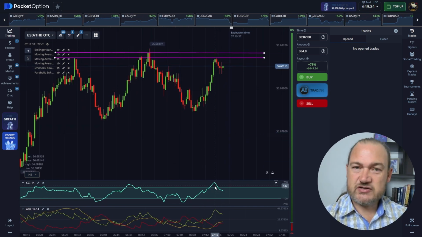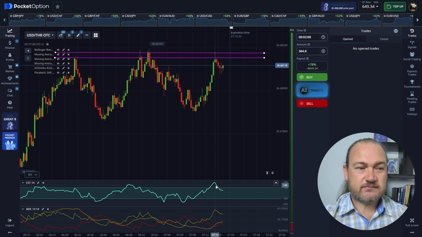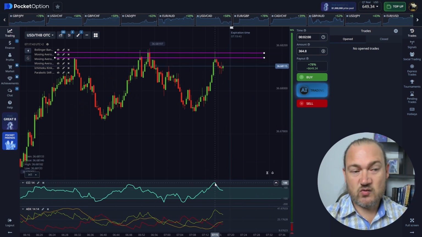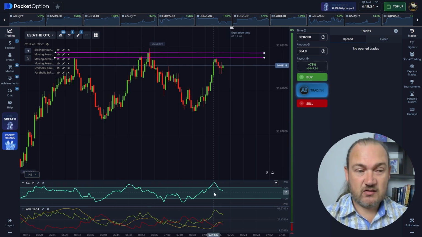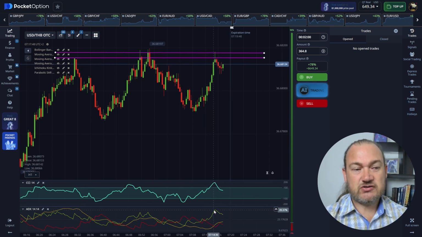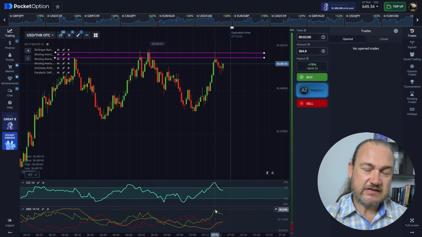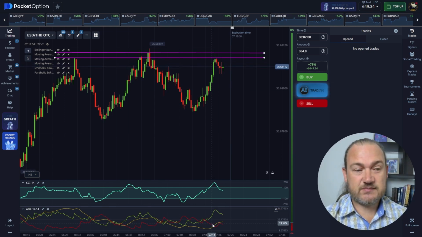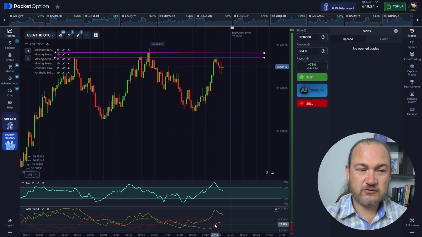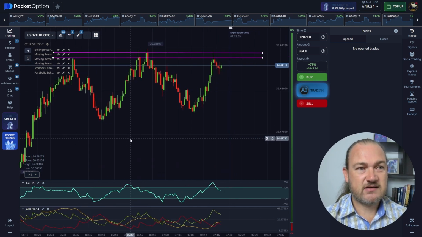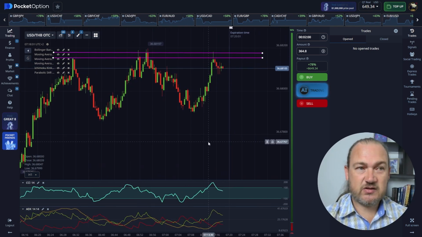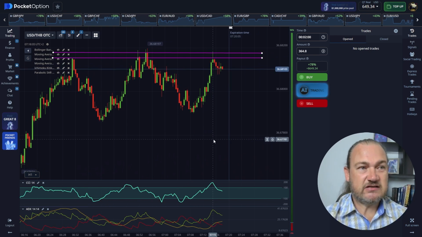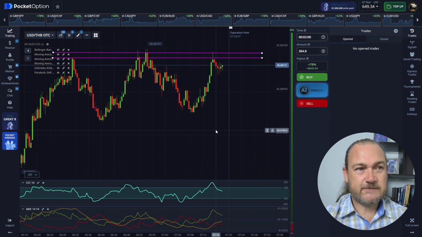You do need to be patient, stick to the rules, make sure your CCI is in the overbought zone or oversold zone. The more the better, obviously. And then also make sure that your DI spikes are, first of all, higher than the ADX. Make sure the ADX is fairly low still. You don't want a high ADX because that's telling you there's a lot of strength behind the move. And so when you get those DI spikes with the CCI into the overbought or oversold zone, that's when we